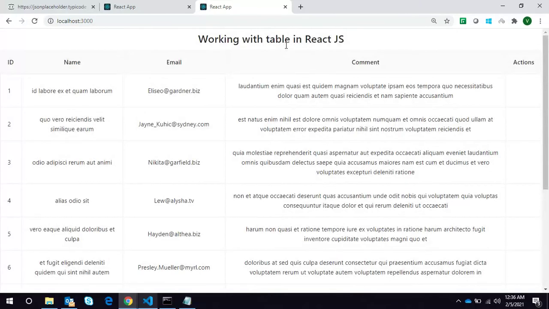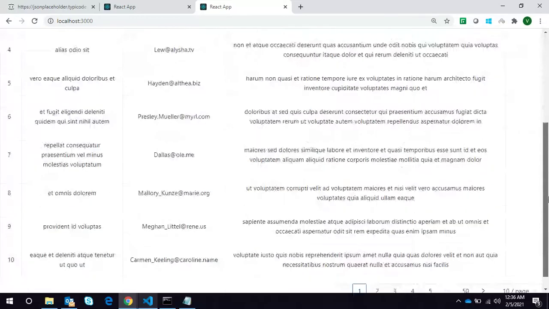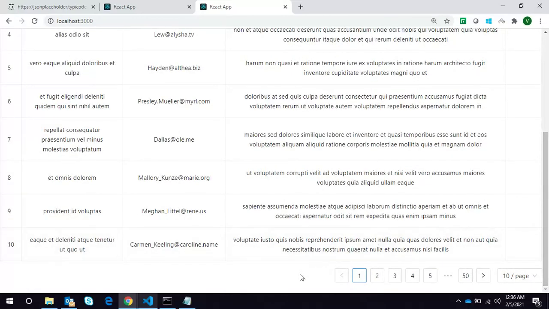Okay, so you can see we are able to load the data into the table, and we are getting the pagination.